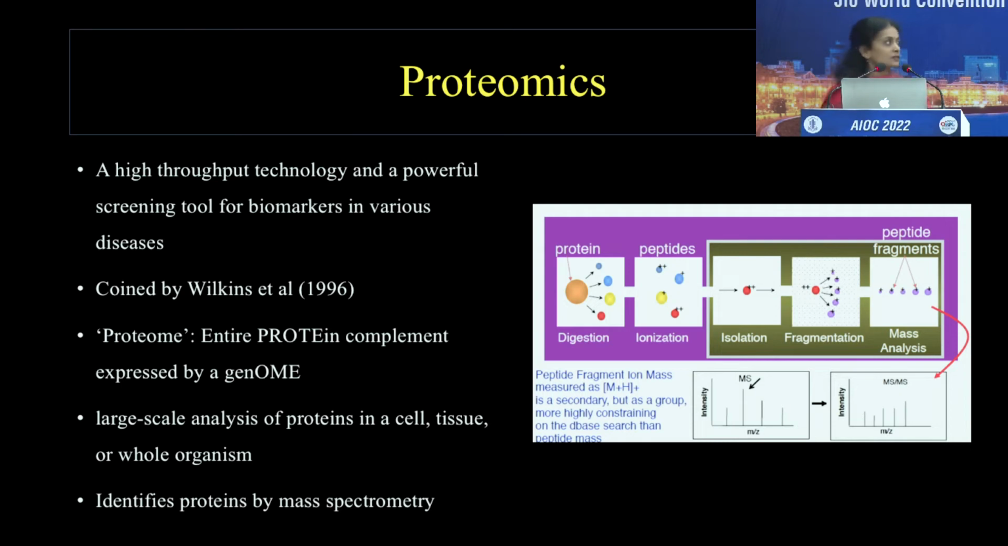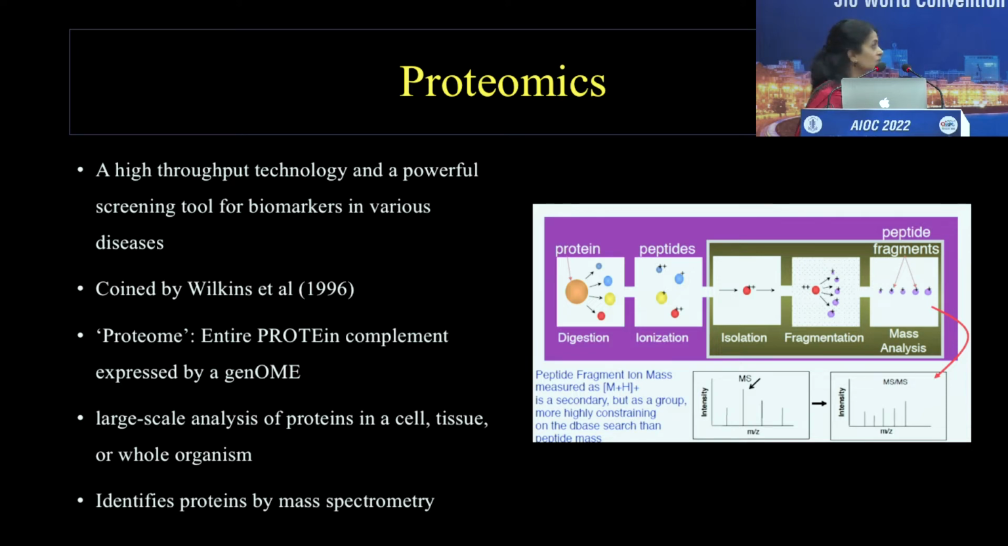So, proteomics is a high throughput technology and a very powerful screening tool for biomarkers in various diseases. This term was coined by Wilkins in 1996. The proteome comes from the words entire protein complement expressed by a genome. So, it's a combination of protein and genome. It includes large-scale analysis of proteins in a cell, tissue, or whole organism, and it identifies proteins by mass